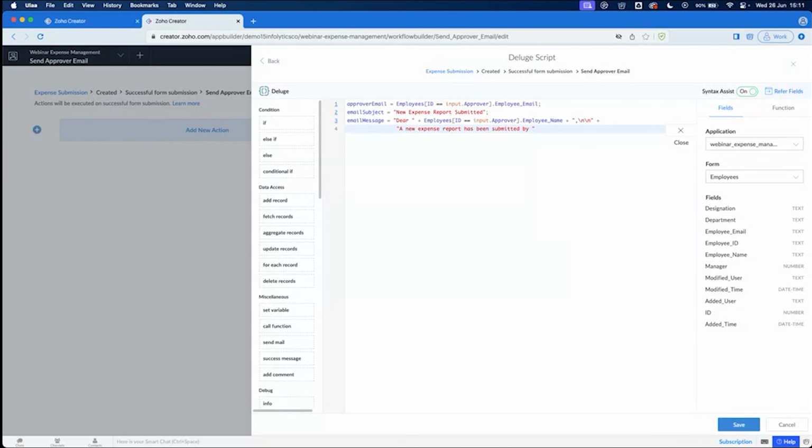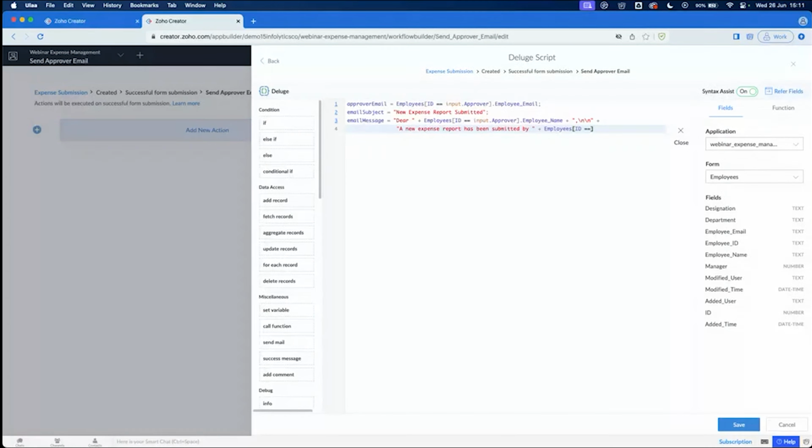So the same thing we did on the line above in terms of getting the approver name, we're going to do the same thing in terms of getting the name of the employee that actually submitted the expense. So we go plus employees, square bracket ID